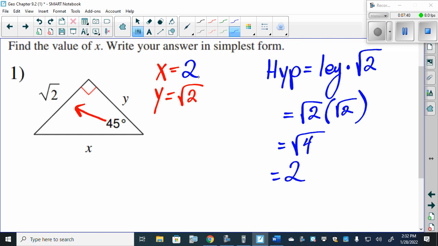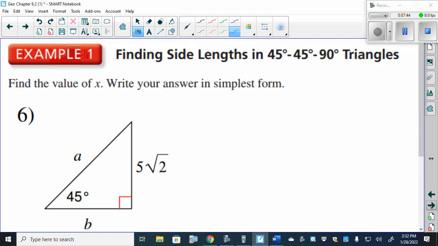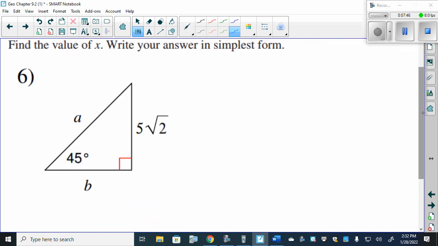Any questions on this here? So this one here, we want to find the values of a and b. So 5 square root of 2, is it going to be the hypotenuse or one of the legs? One of the legs, because it is opposite the 45-degree angle,